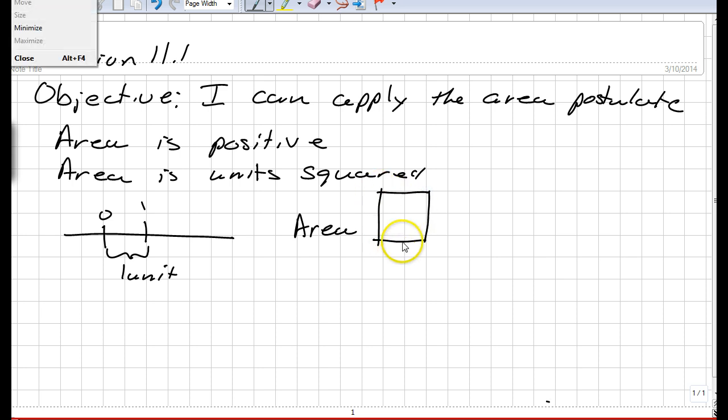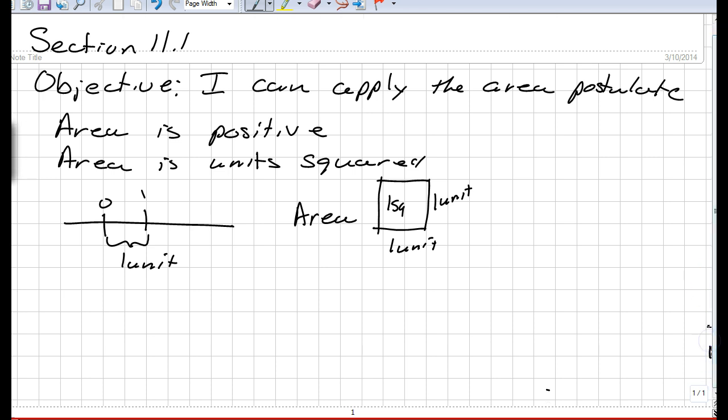Okay, so this is one unit long and 1 unit wide, and so it is 1 square unit. Okay, and so then we can use the idea of square units to find the area of different